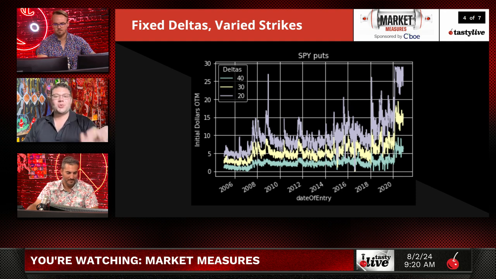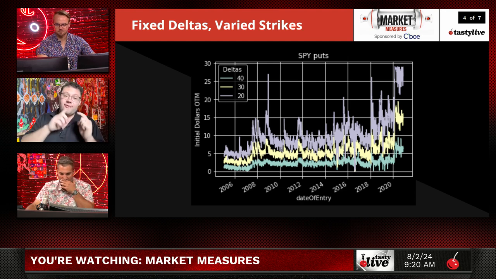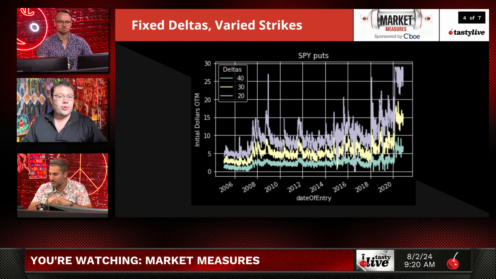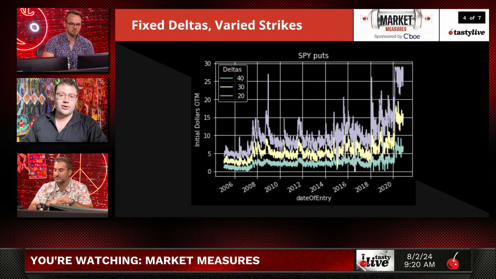Notice that the actual distance between the deltas is a little bit wider than the calls. The reason? Obviously, SPY has put skew, which means that if you look at the difference between a 40 delta and a 30 delta, it can be a lot further away on the put side than the 40 delta and 30 delta on the call side. And that's intentional because you typically see 130 point days to the downside, but you don't typically see them to the upside. That's exactly why you have this thing happening over time, because the market accounts for these black swan